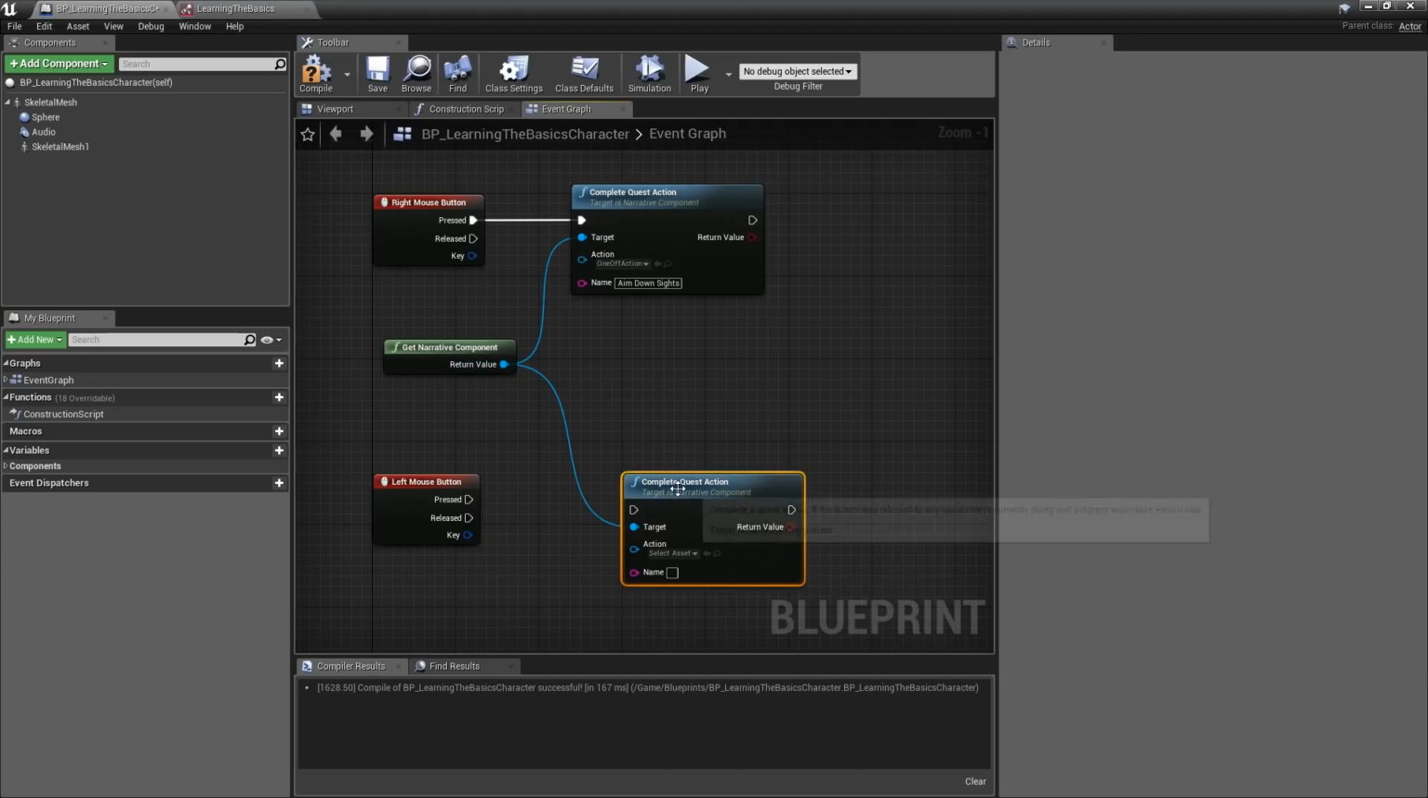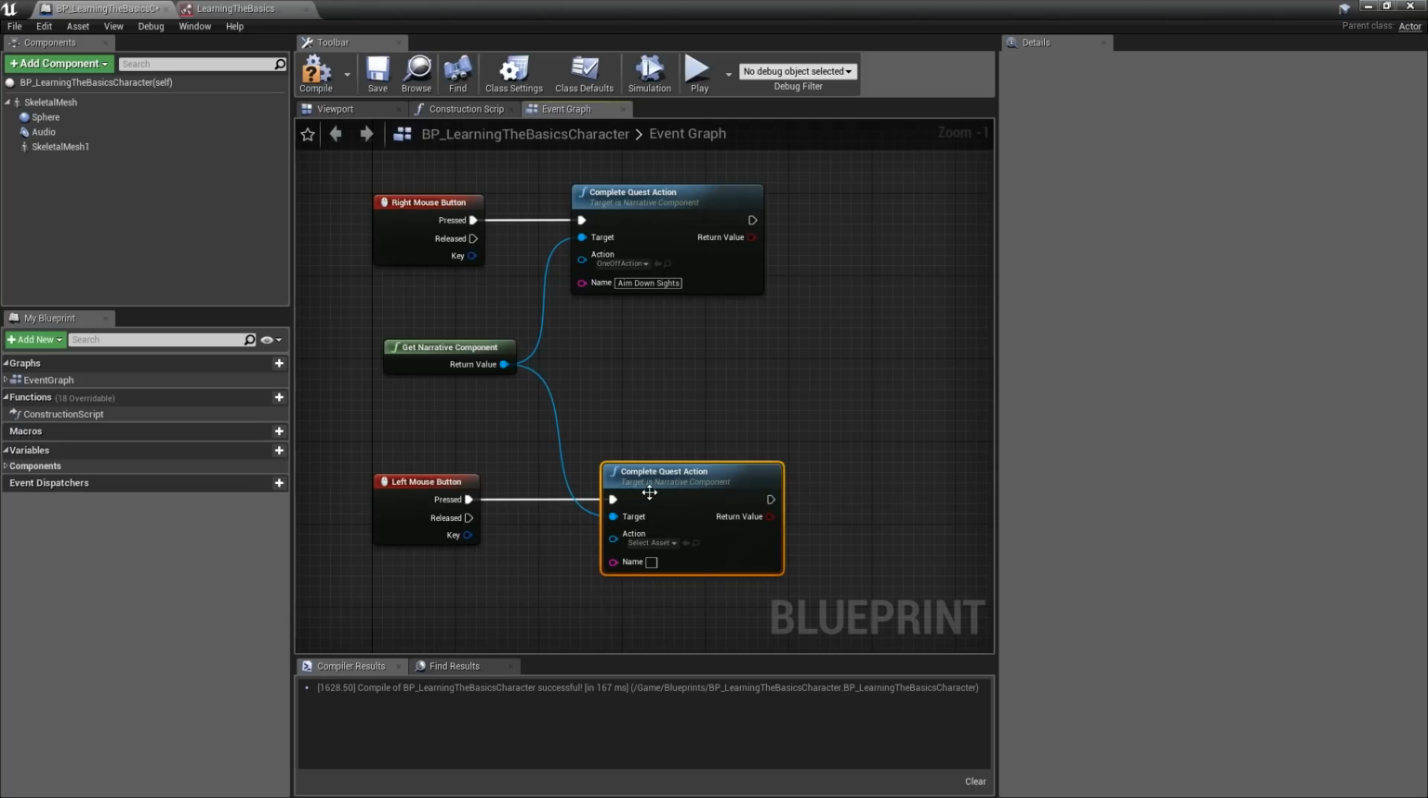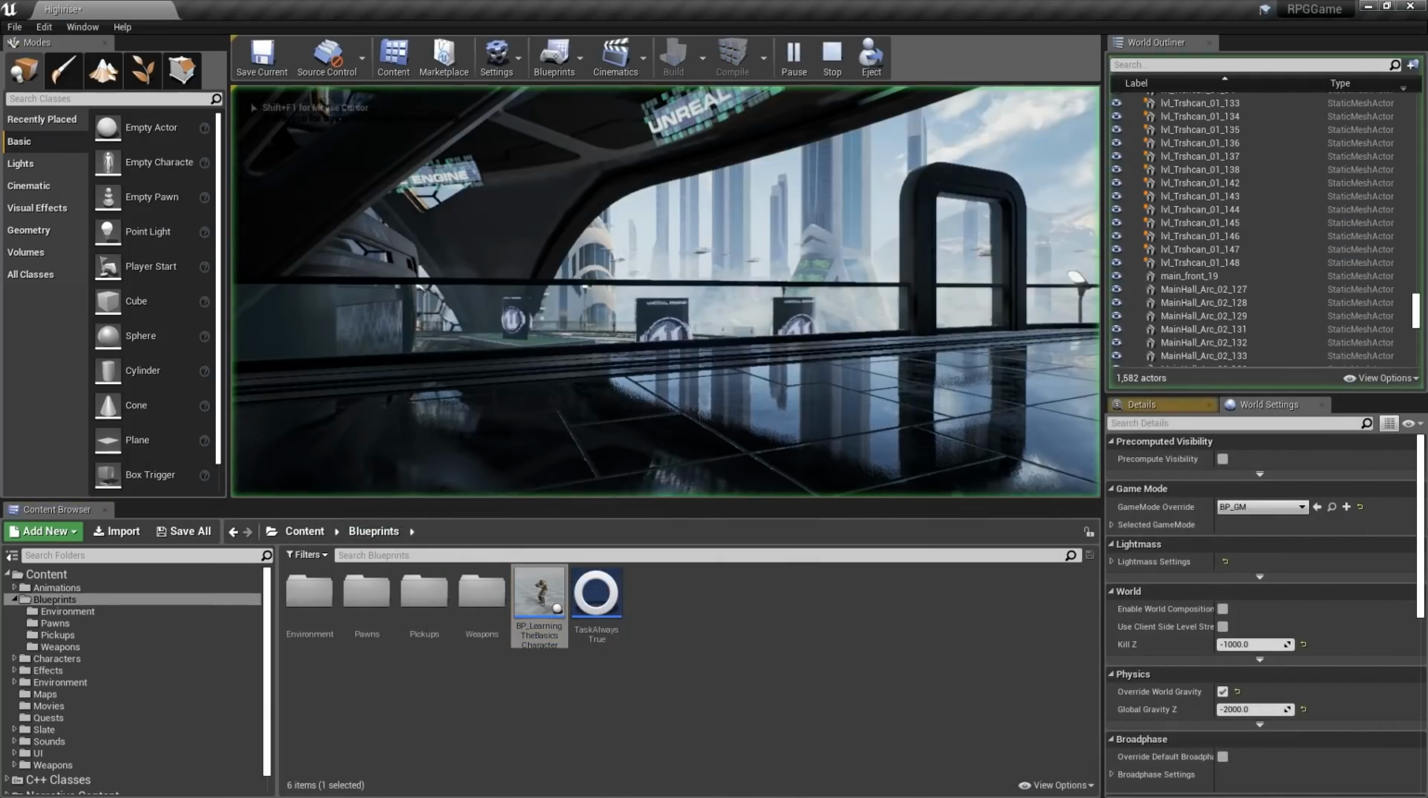I'm going to say complete quest action, and we're just doing the exact same thing we did last time, one-off action, except we called it shoot gun. So just type in shoot gun. Now, when we walk up to our character,